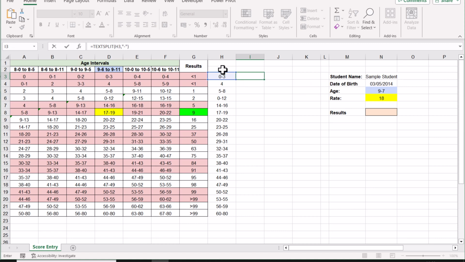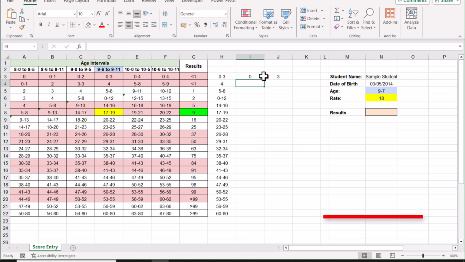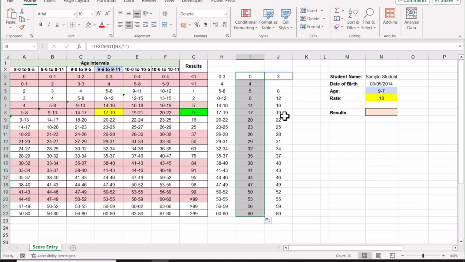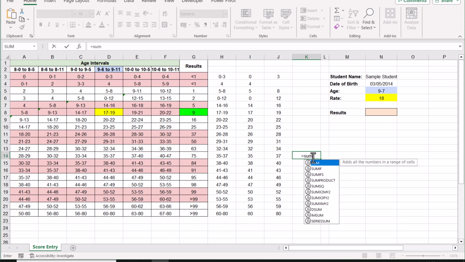If I hit enter, it will return the split values. If I drag this formula till the end, it will return all of the results in split format. For the sake of checking, I will check if these are numbers or not. You can see these are not numbers. If I try to sum it,